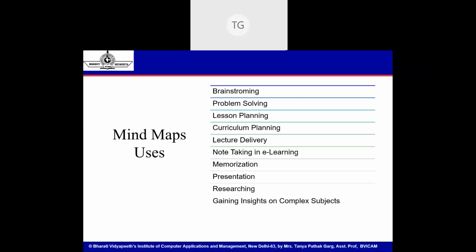Next is memorization. Mind maps emulate a structure wherein you have a main topic connected with subtopics, connected with further branched-out subtopics. This kind of hierarchical linking maps to the brain very easily, because it's similar to the neuron design of the brain. That's why it's triggering certain metacognitive skills. Whatever you see in the mind map very clearly gets imprinted on your mind. So you will be seeing today the lecture dissemination mind map or the curriculum planning mind map I'll be designing for my course. You will tend to remember it even longer than other parts of the trainings that I have given. So you can see that for yourself.